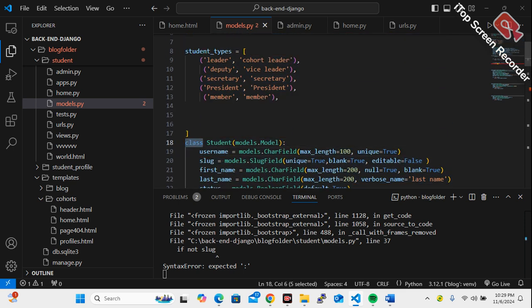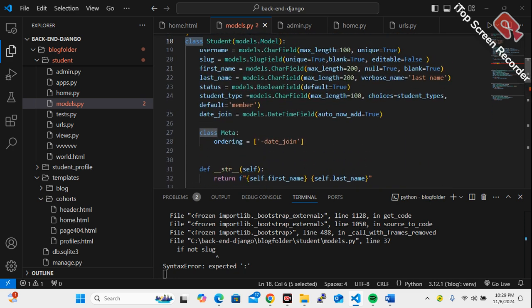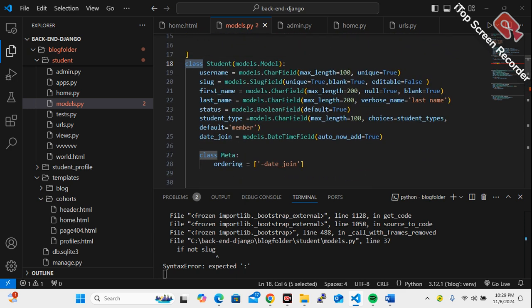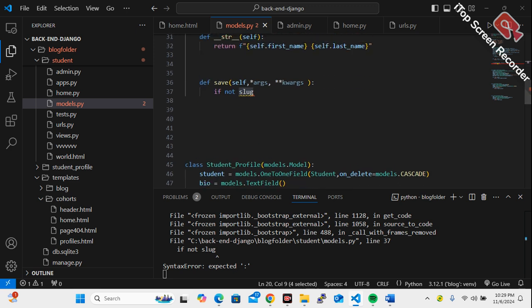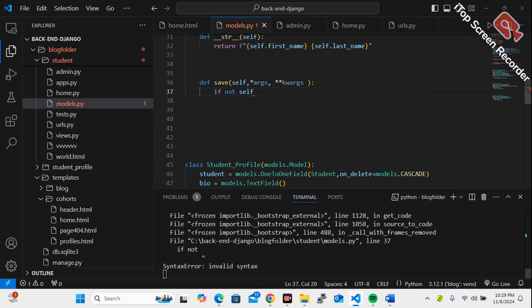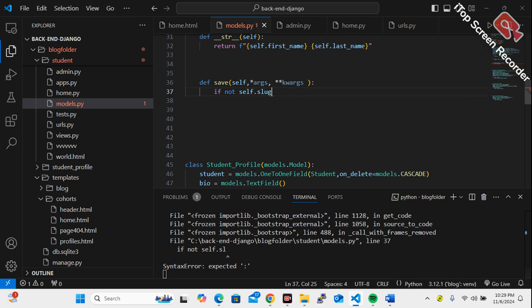It's not on the same level as the class. So if we want to access any field here, I want to access the slug, I'm going to use self. So say if not self.slug, that means if the slug